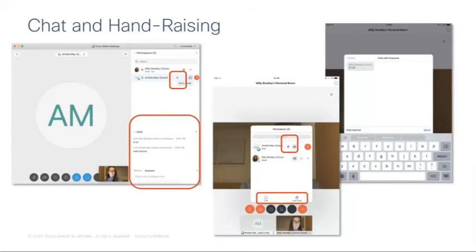If you also find your name on your participant list in today's meeting, you will find the hand symbol in the same place. If you click that, your hand will raise, and I'll get a notification showing me that you want to ask a question or you want my attention. This is a great tool to use inside your meetings if you don't want people to come off mute, or if you just want people to do a show of hands on how they're feeling if they have any questions. On an iPad, it looks slightly different, and you can see that there in the pictures on the right-hand side.